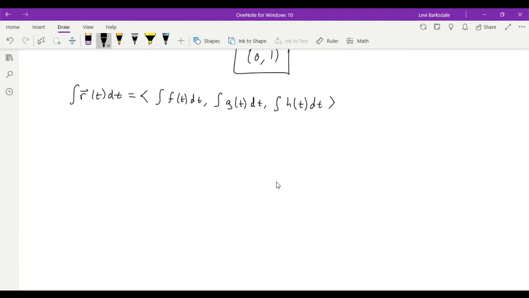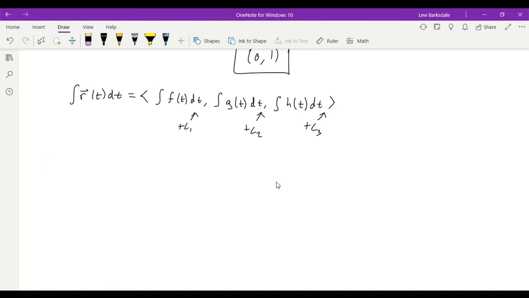Now, one important note is that you might end up with actually several different constants. So you would end up with a plus c here, plus c here, and I'm labeling them as different constants because they may not be the same. For example,